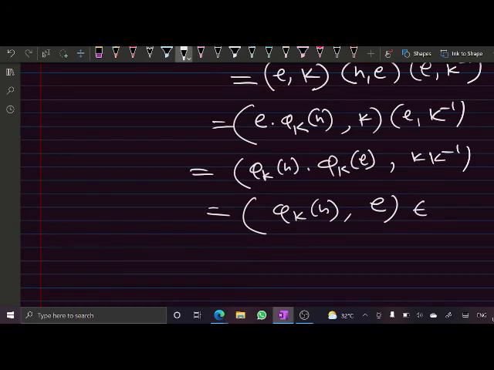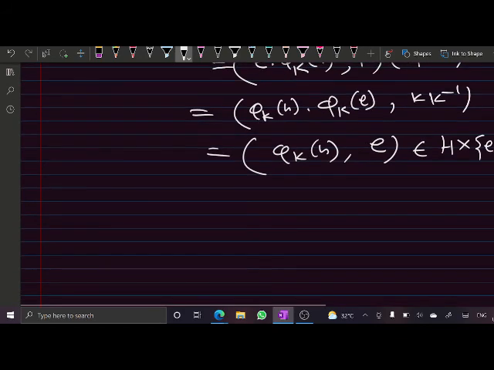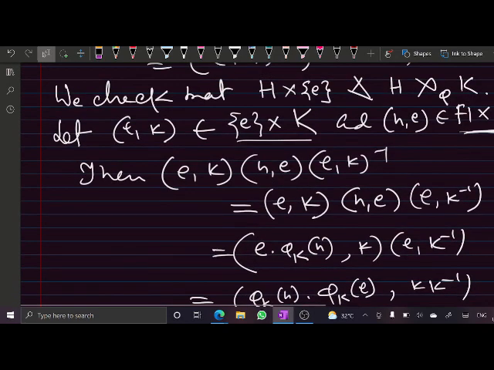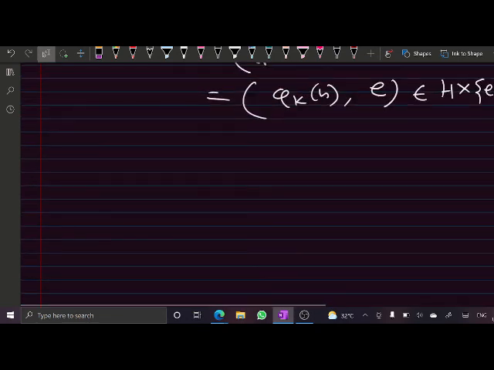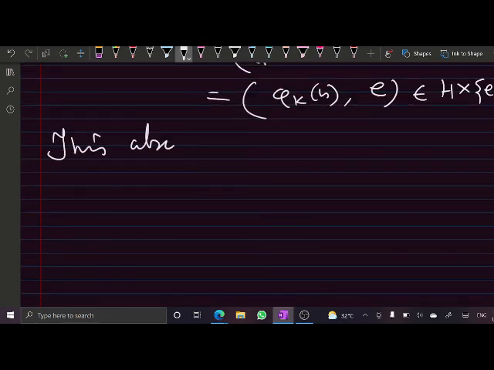Therefore this belongs to the copy of H. So hence this is normal in the semi-direct product of H and K. And also from this one, it also speaks of the story that